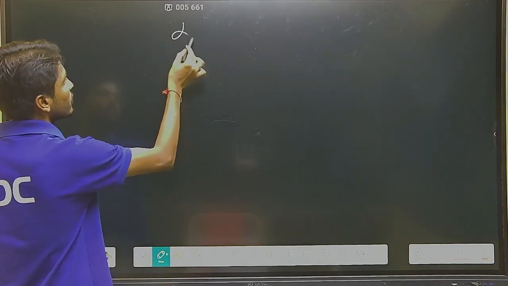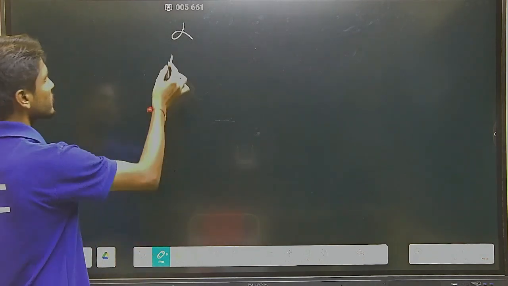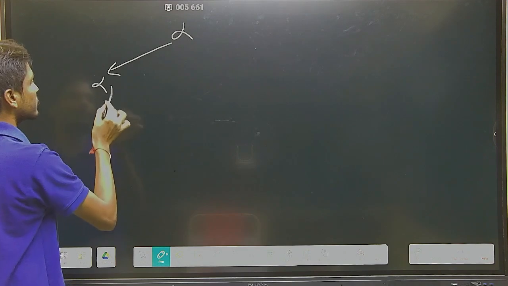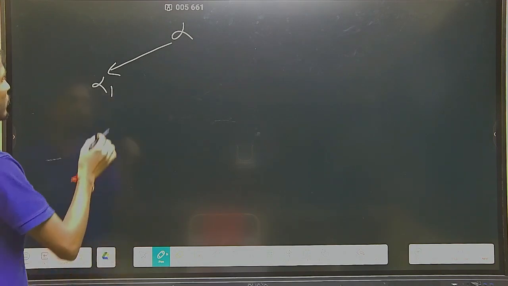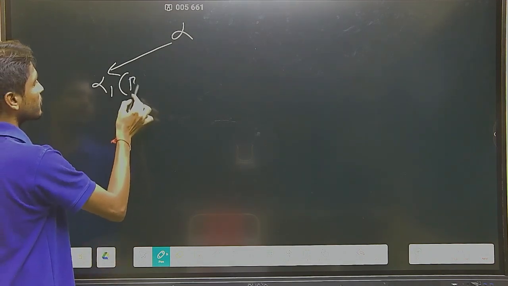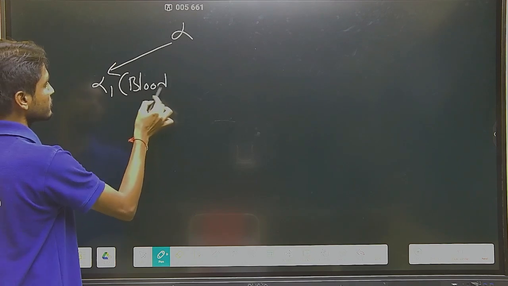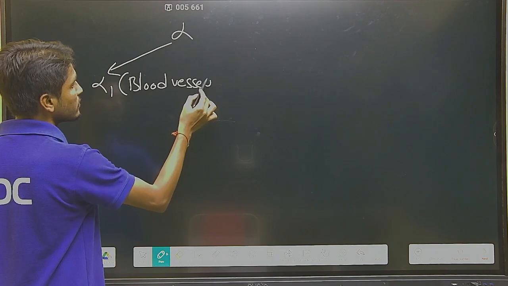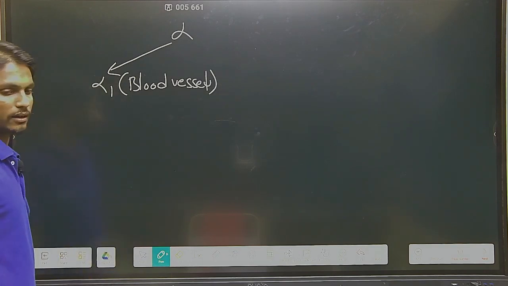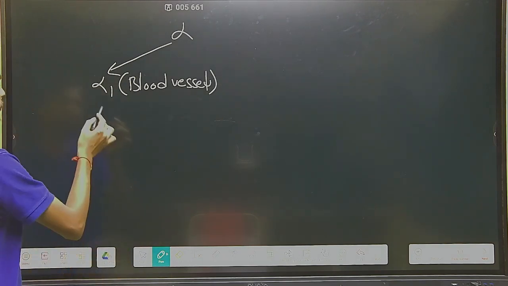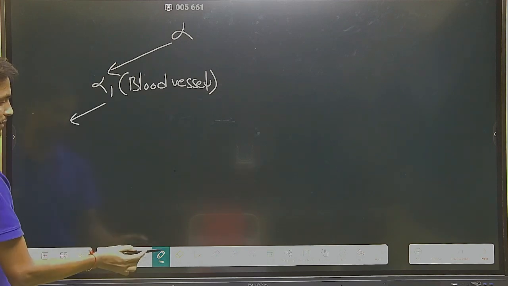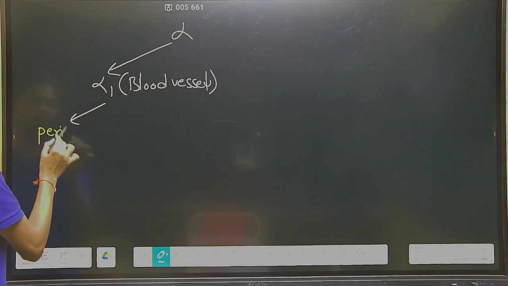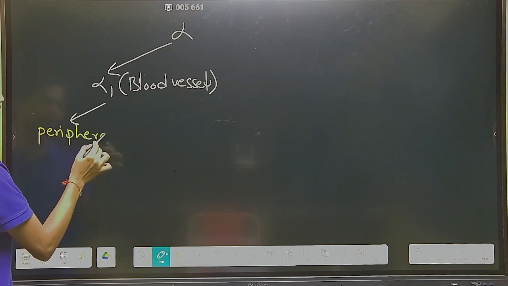The alpha receptor can be of two types: one is alpha 1 receptor, the next is alpha 2 receptor. Alpha 1 receptor is located on blood vessels. If the alpha 1 receptor is located on the peripheral blood vessel,